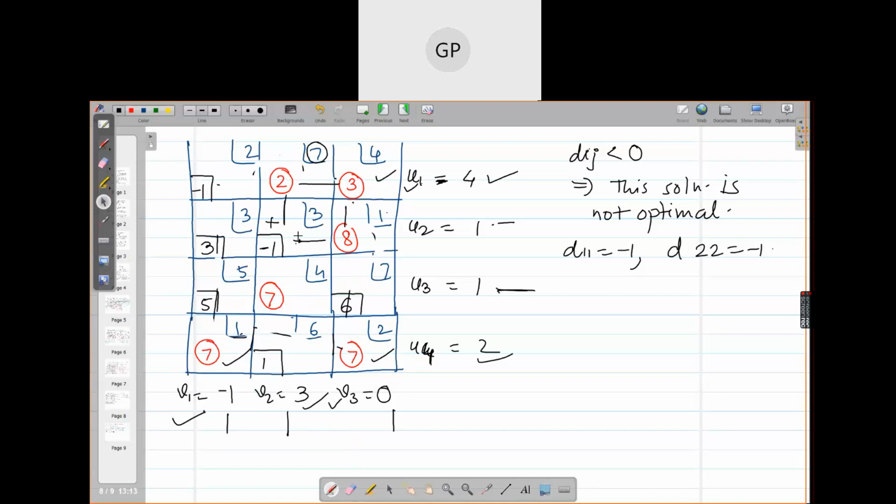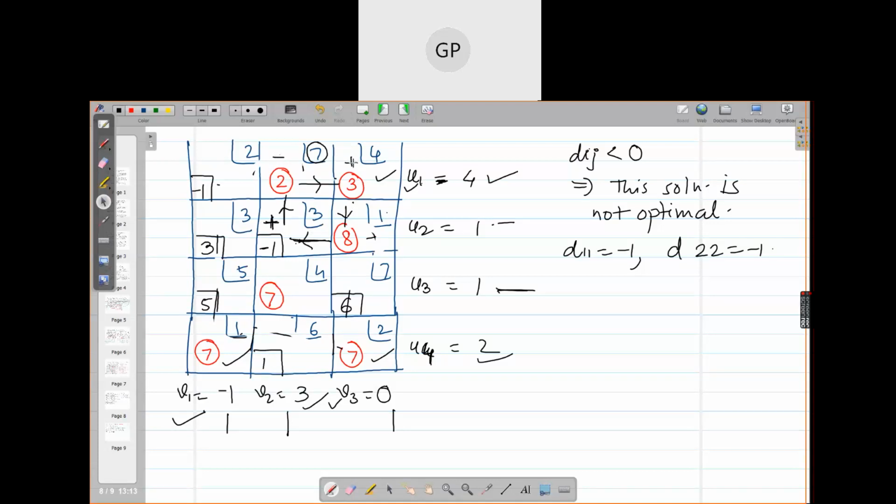So right now if you want to make this plus, I am drawing the loop. Okay, this is my loop. Correct? So here I am putting plus sign, then this will become minus, this will become plus, this will become minus. The cost is 7, which is very large as compared to 3, which is the unoccupied cell. Per unit 4 rupees are increasing, isn't it? But because of the LCEM, we couldn't consider that. So here we can reduce units.